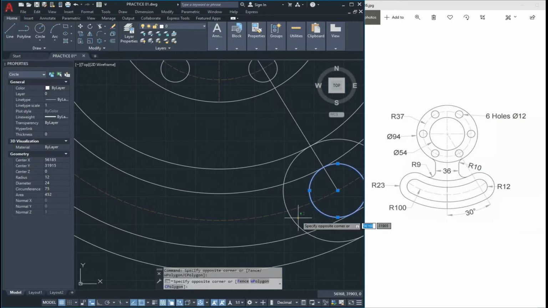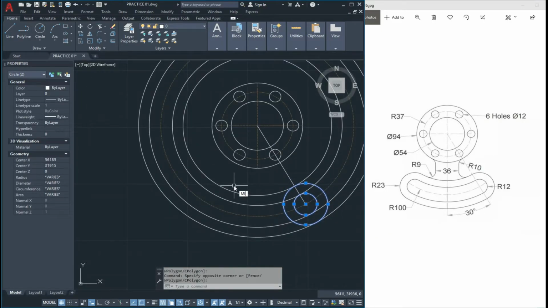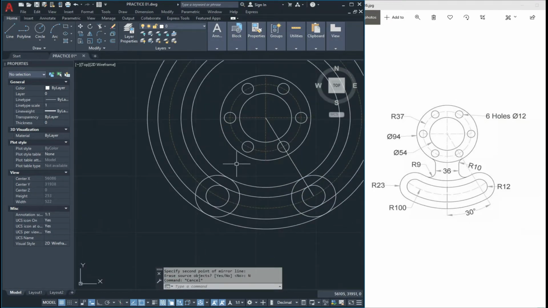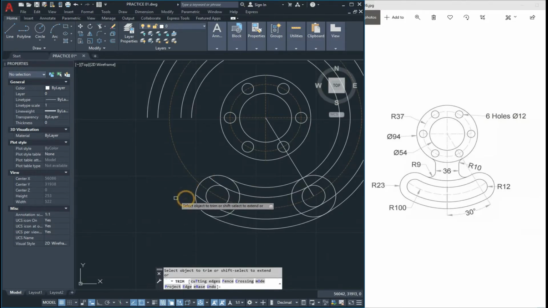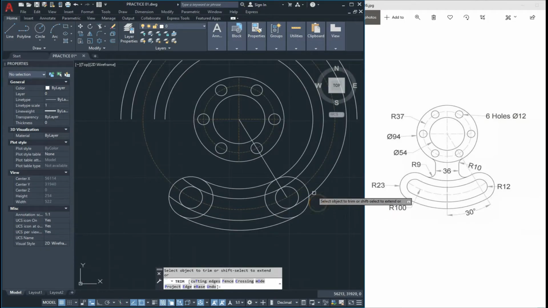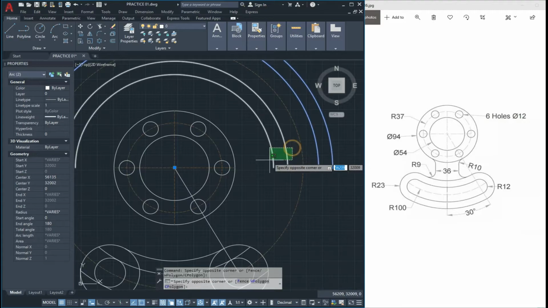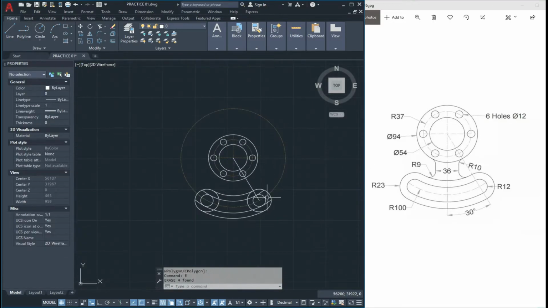We select these circles. With the MI command we mirror it and click on no. Now we use the trim tool, TR double enter. We trim all of these circles. We select it and delete it.